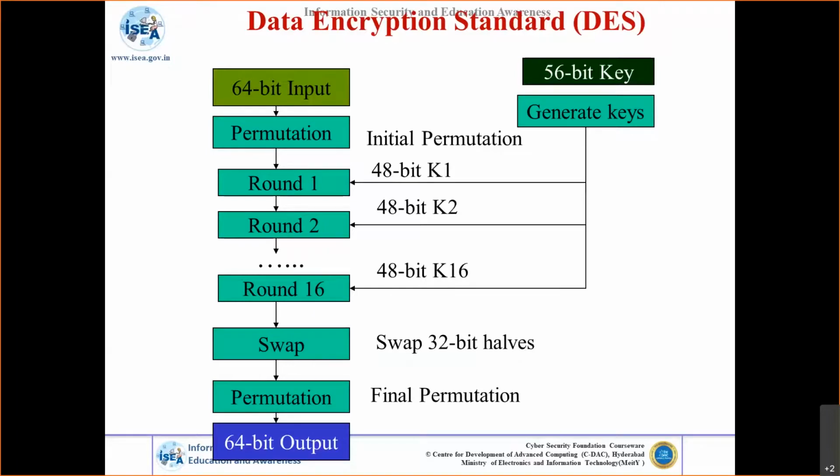At some point of time or the other, we will come to know the algorithm. What we can keep secret is only the key. If 56-bit is the key length, and you are able to generate 2 power 56 keys in 1 hour or so, then within 1 hour you are able to detect the key and you can break the system, right? So the key length becomes very, very important.